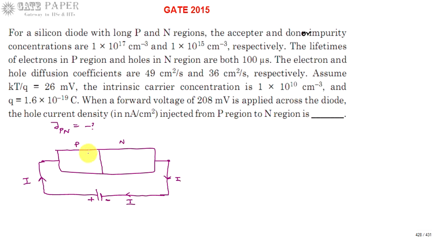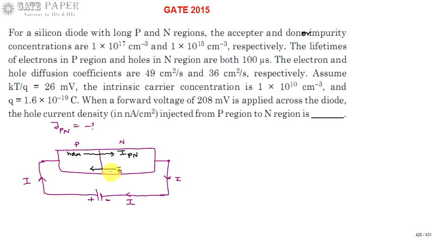But strictly speaking, whenever we apply positive voltage like this, two different components of current flow. One is due to holes. Holes are repelled by the positive terminal, so they move in this direction. So one current component results from holes moving from P to N. The other is due to electrons in the N region. They are repelled by the negative terminal and attracted by the positive terminal, so electrons move in this direction.